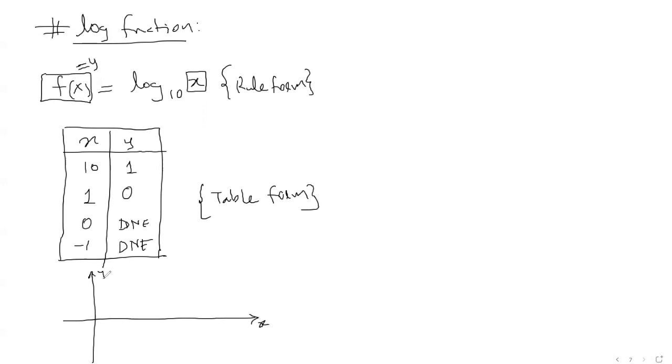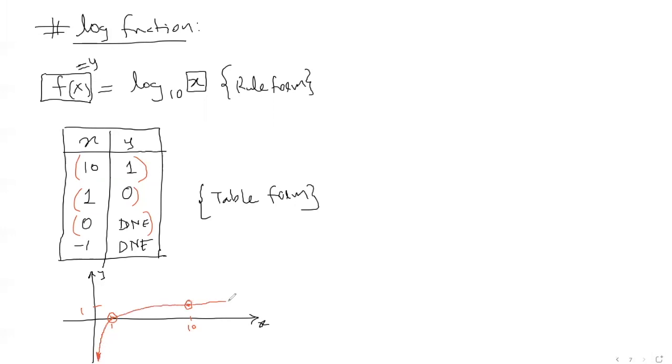So if I draw x versus y, let's plot all the points one by one. The first point is 10, 1. So x is 10, let's say, and y is 1. So that's this point here, the first one. The second is 1, 0. So your x value is 1 and y is 0, this point here. And when x is 0, it is undefined. So what I mean by that is it's an asymptote here.